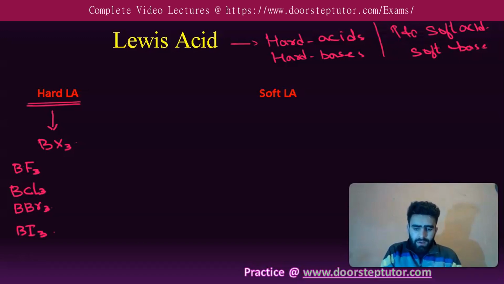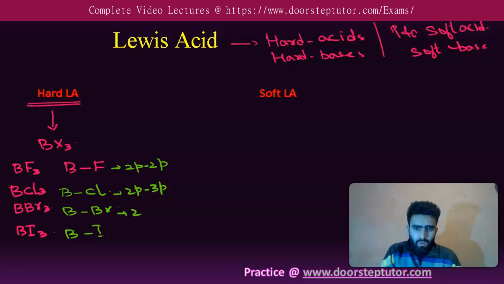Now what happens here? We have here B-F interactions, here we have B-Cl interactions, here we have B-Br interactions, and here we have B-I interactions. Now here we have the interaction between lobes of the p orbitals, that is 2p interactions. Here we have 2p-3p interactions. Here we have 2p-4p interactions, and here